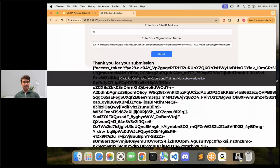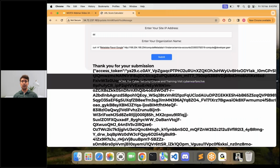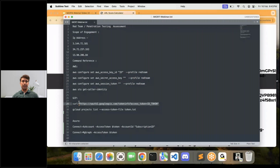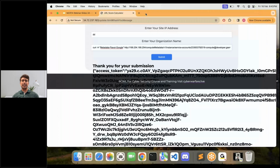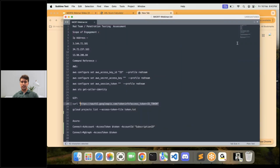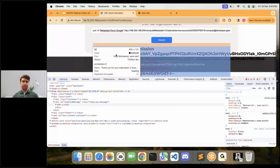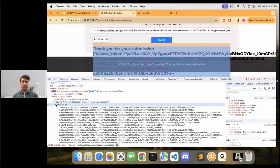It's similar to temporary credentials, an auth bearer token, which is an access token that you can use to gain access to the cloud or Google Cloud environment. Now what we can do first is verify if this token is valid or not. This is the endpoint, which will allow you to verify if the token is valid. So let's copy this endpoint and change the token to the one that you retrieved from here. I'll just use the inspector here, and this is the token you have. Copy the token